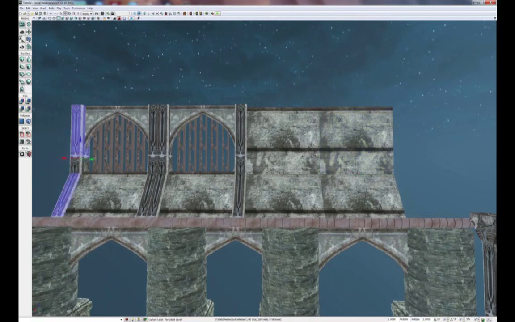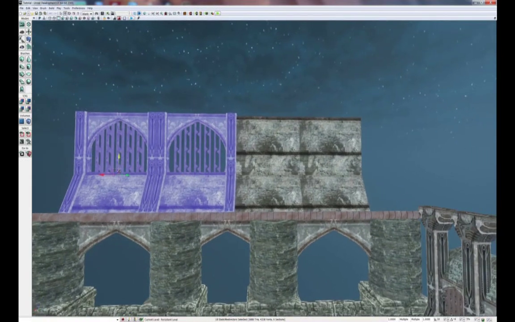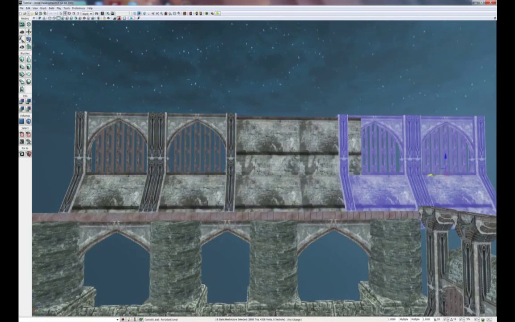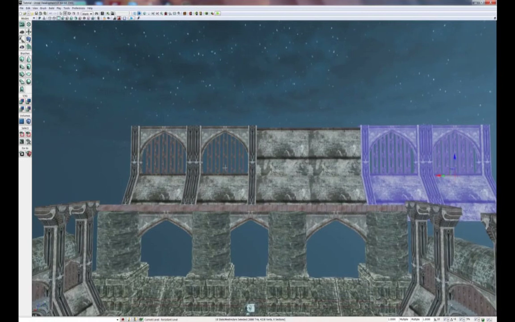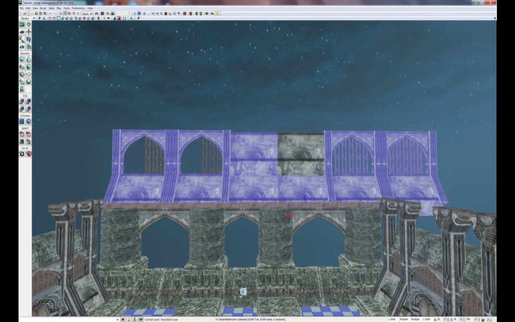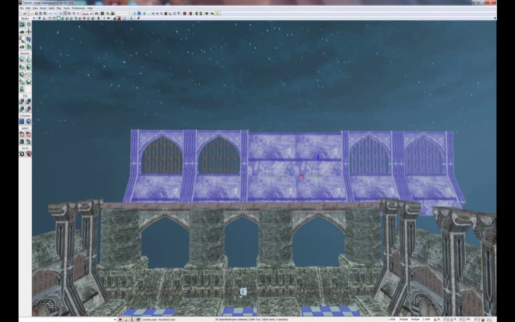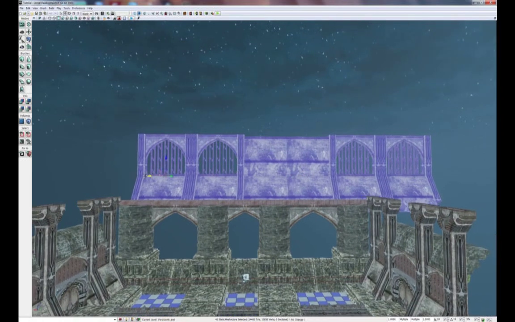Finally, what we'll do is take this entire piece on the end, all pieces, and clone it to the right side of our wall. Now select the entire segment and line it up into the middle. As you can see, I forgot to select my window frame, so I hit Control Z, and now I make sure I have all my pieces selected, and now I line it up into the middle